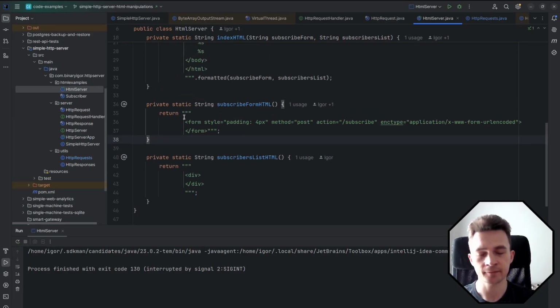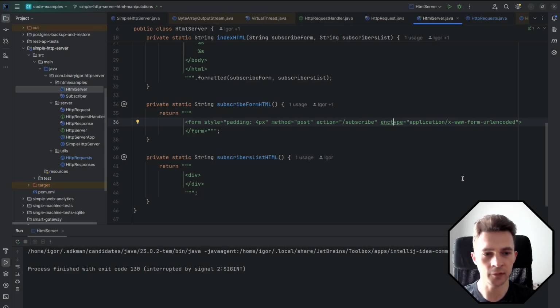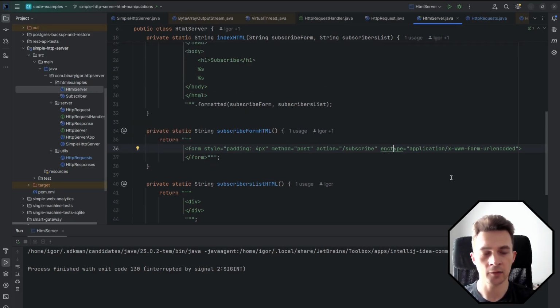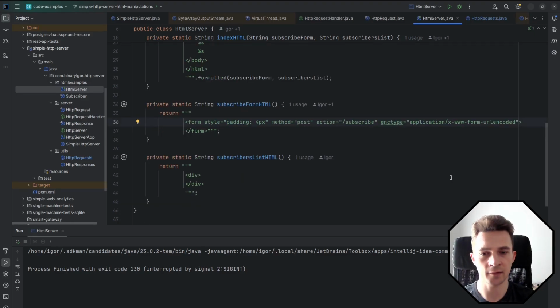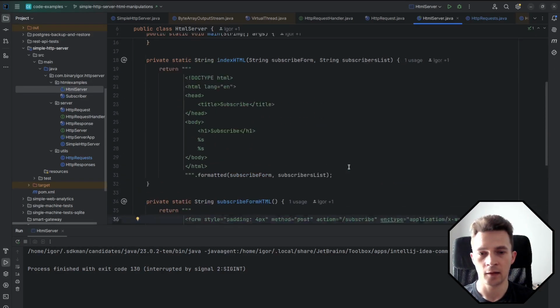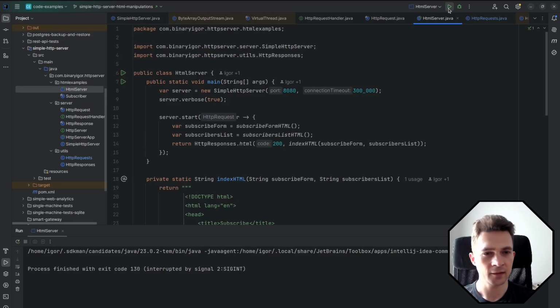Maybe for more interesting things, we have a form here with the post method, this action which is the URL, and this is the type of encoding, and we'll use basic form URL encoded. We'll see how it looks, but if you were about to upload files, for example, which we might in the next video, we would need to use multipart form data, which is harder to parse and interpret. Alright, so let's start our server